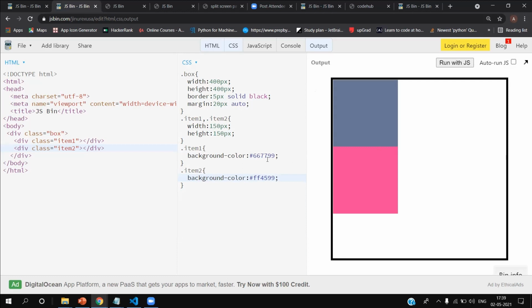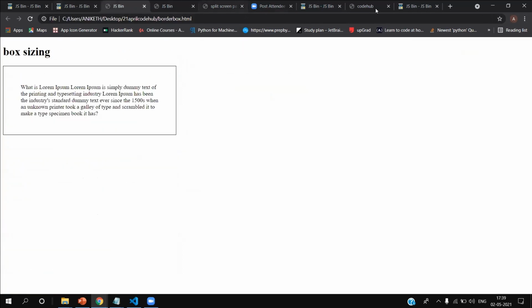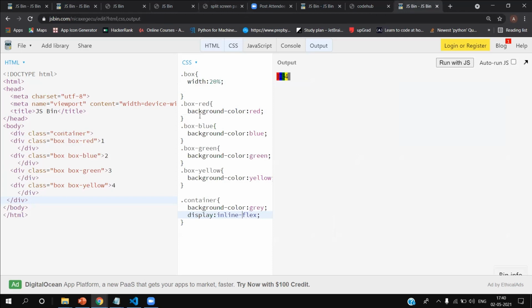I forgot to tell you about display: if you want all these boxes, or any one of the boxes, to be displayed in flex, you have to give it to its parent, not to the box itself. It will not work if you give it to the box. It will only work if you give it to its parent, whereas for positioning you give it to the element itself.